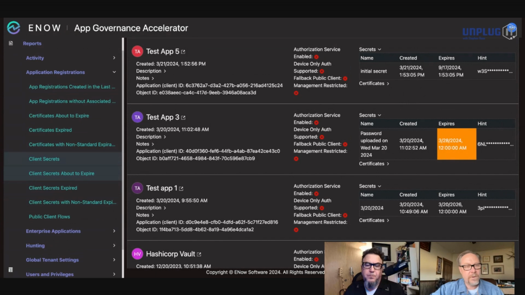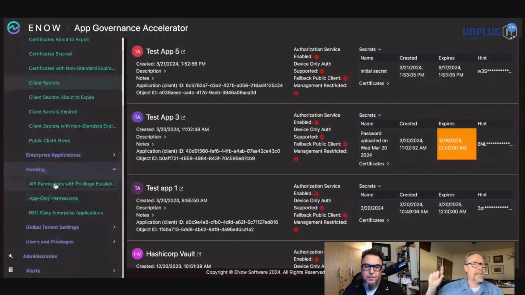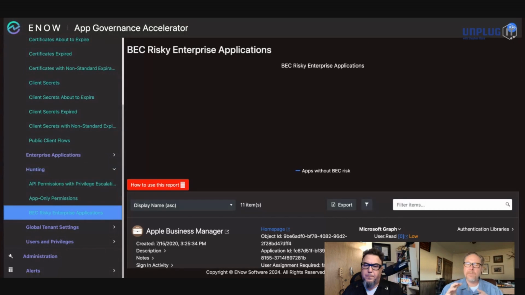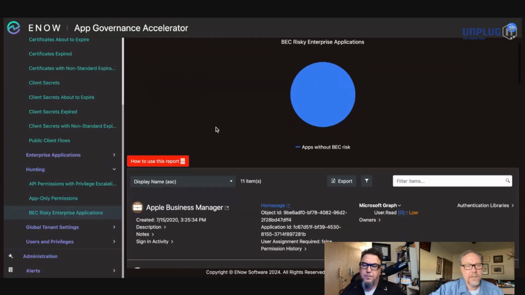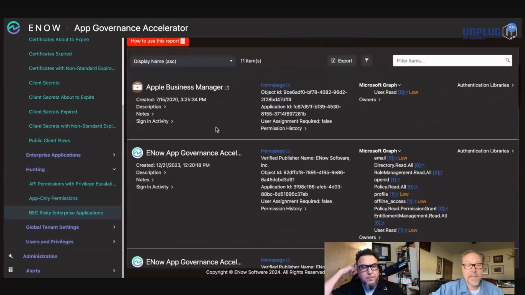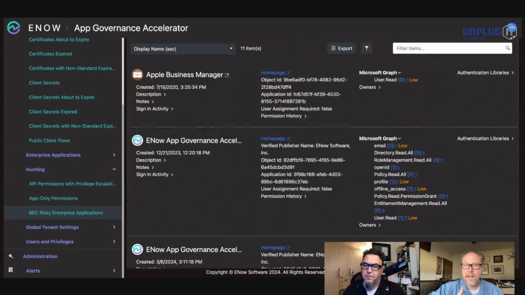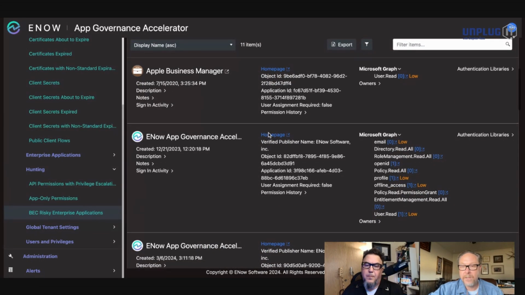What it also provides is, and this is really neat, they've just added this. The recent hack that Microsoft has raised the past couple of weeks gives you an opportunity to kind of view into that quite a bit. So now you can take a look at your applications that have risky Graph APIs applied to them. And so I have